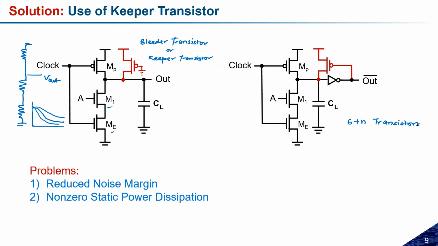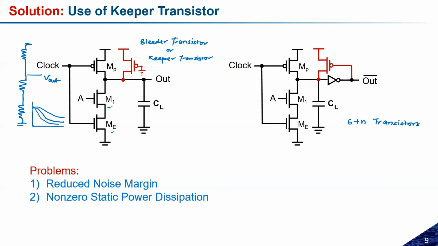So for a smaller number of inputs, this is the problem. But for higher inputs, definitely it can give you the benefit, especially on this side, because we are dynamically charging and discharging. So this is the first problem and its solution. And again we are getting some problem in the solution itself, which we have resolved by using this inverter and the keeper configuration.